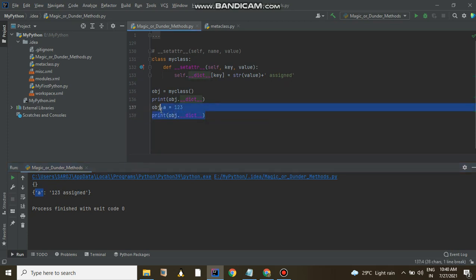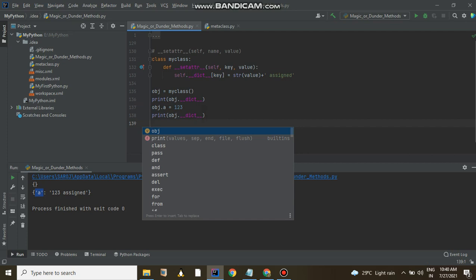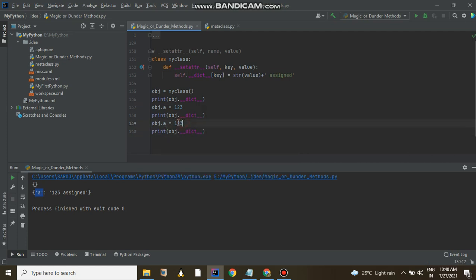Similarly, if I want to add one more attribute with a corresponding value, you can do that. Suppose this is b and the value is a string, my string. You can see I am adding one more attribute.